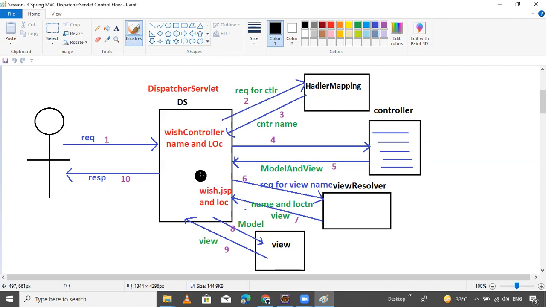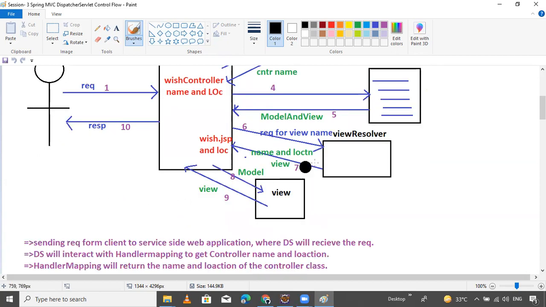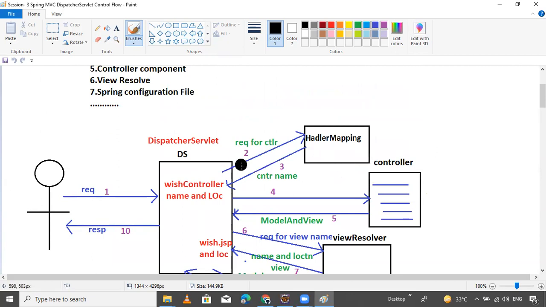The view resolver returns the location and name of the view part back to the dispatcher servlet. Then it searches where the view part exists and sends the model to it. The view part generates the response and sends it back to the dispatcher servlet. The dispatcher servlet is then responsible for generating the response for the client. So this is our total process of the dispatcher servlet, guys.